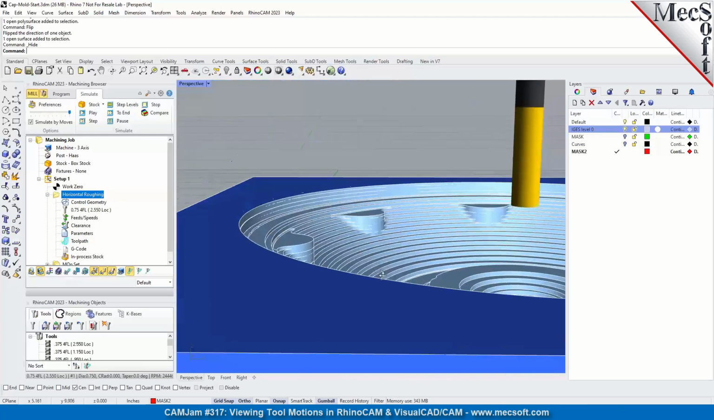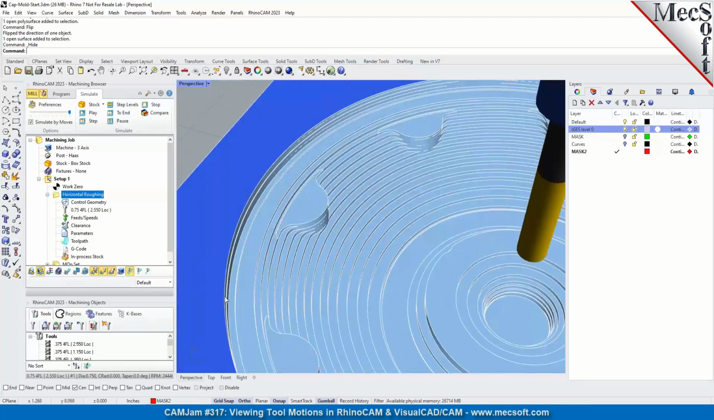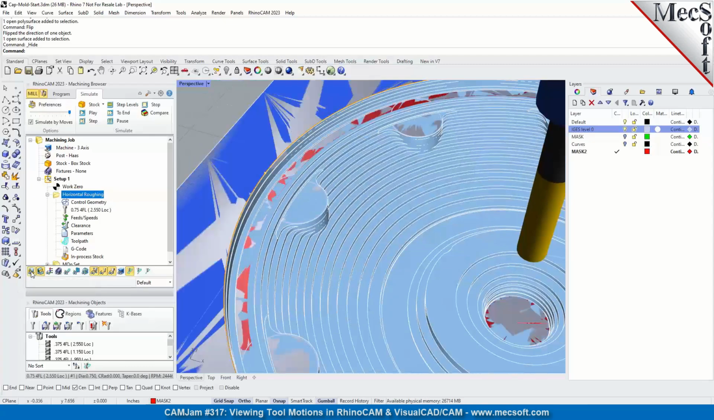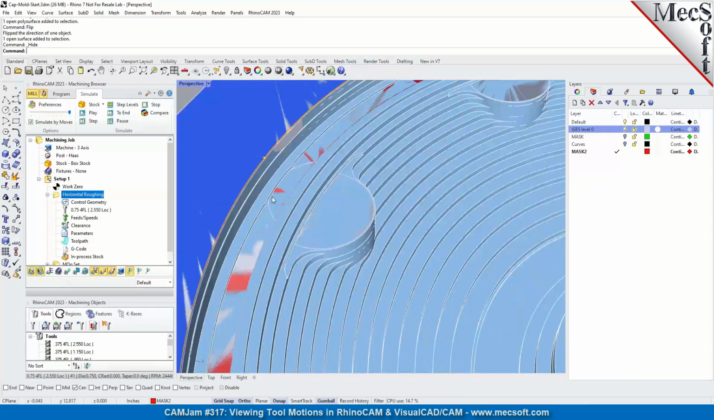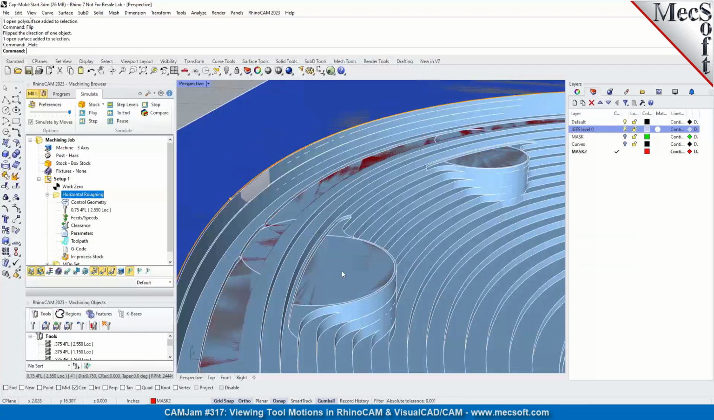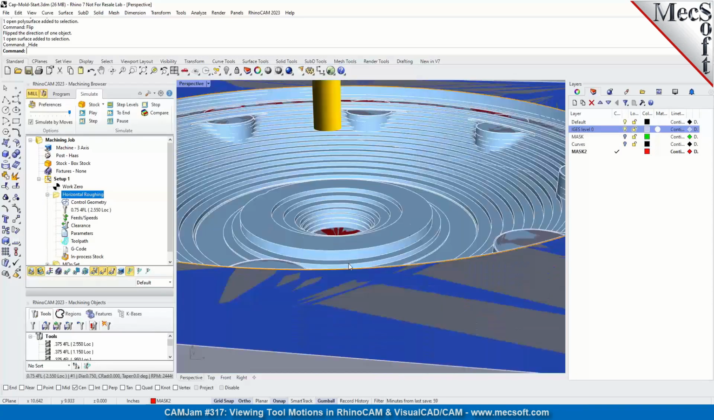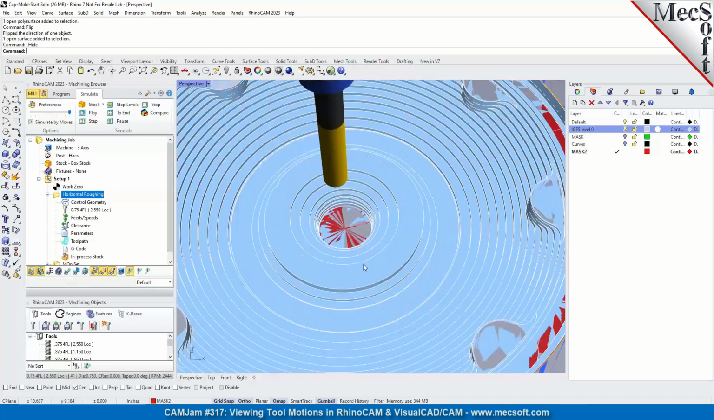So that was pretty quick. You'll see that we have a number of step downs. If you turn the part on, you'll see that it cleared the flats on these areas right here, which is right on the part itself. Okay. And then also in the middle,